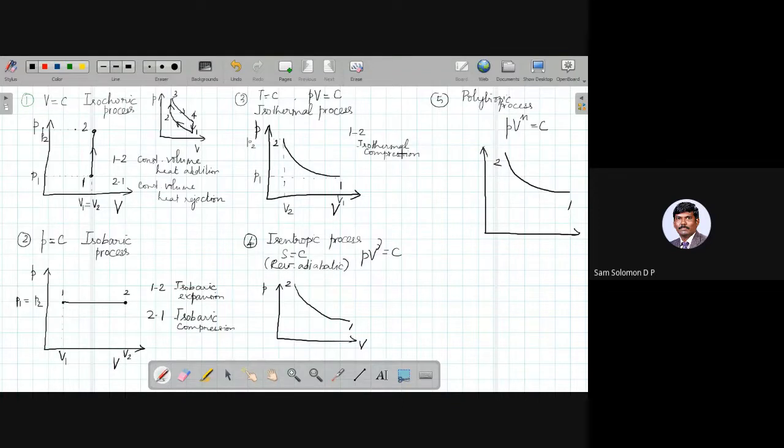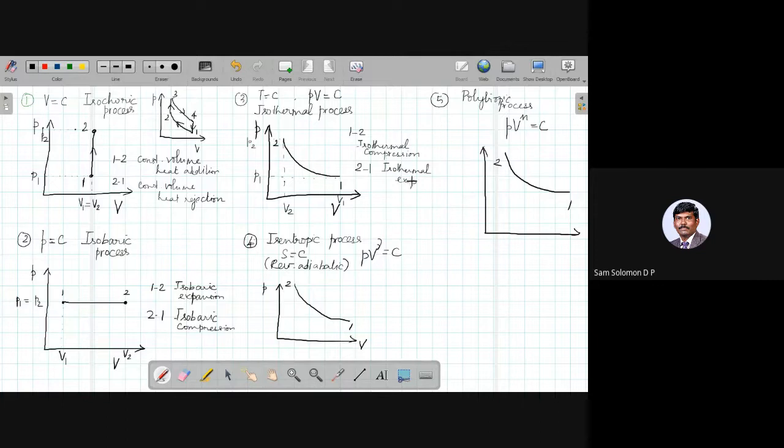Though we will not be able to achieve an isothermal compression process in nature, we take that as a standard and a reference because that will help us in multi-stage compression in achieving intercooling. You will not be able to understand it now. I'm just giving you an idea where this isothermal compression comes into the picture. Similarly, 2 to 1, the opposite of compression, is going to be expansion. So you have a drop in pressure and the volume increases. This is similar to the expansion process in your petrol or diesel engine. So this is isothermal expansion.